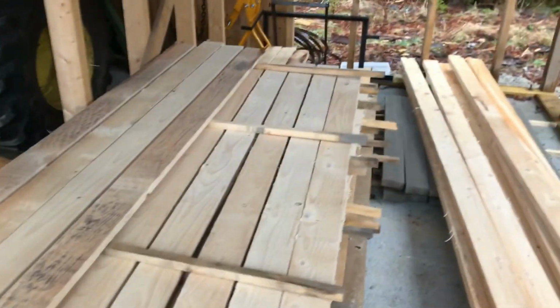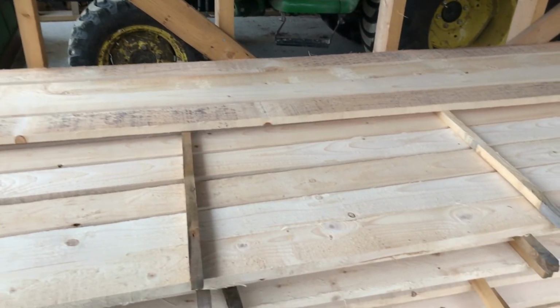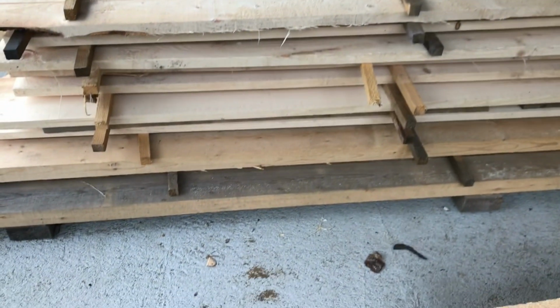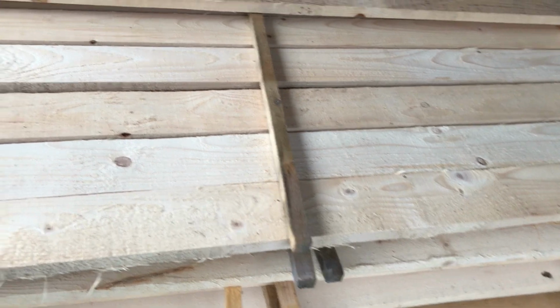So I'll just go show you what I got going on there. So here's the Douglas fir I was telling you about. It's undercover here, so it's a little rainy today. I don't know if you can see the rain, but you can certainly hear it. I got a little bit more than what I anticipated. There's some 2x4 by 12 feet underneath of that pile, but those are